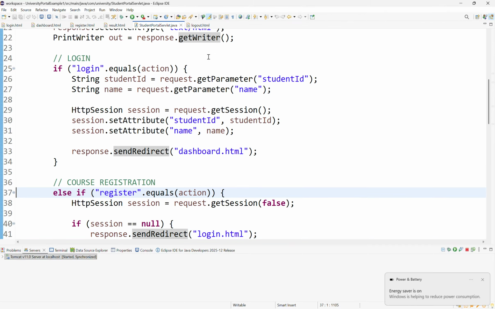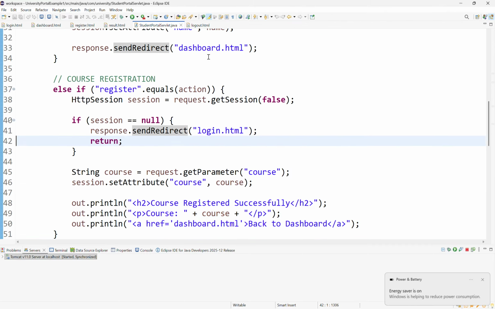Then else if "register".equals(action), this is line number 37. It executes when the course registration form is submitted. Then HttpSession session equals request.getSession(false). It retrieves the existing session without creating a new one. It returns null if the session has expired. Then if session is equal to null, response.sendRedirect. It prevents unauthorized access and redirects the user to the login page if